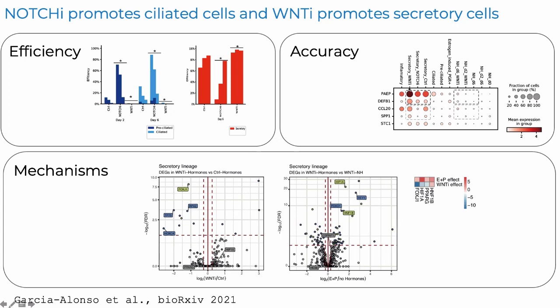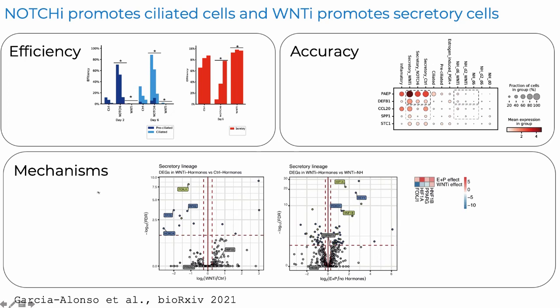And that's what we did here. And actually, you can nicely see how this is the case. So when you have hormones and Wnt inhibitor, then you have more secretions. And we validated this also at the level of protein. And this is in vivo, is happening because you have the stromal cells that will induce this Wnt inhibitor environment on top of the progesterone.